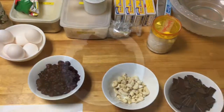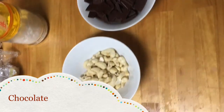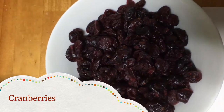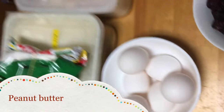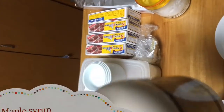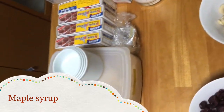ingredients. I have chocolate, cashew nuts, cranberries, eggs, peanut butter, maple syrup,